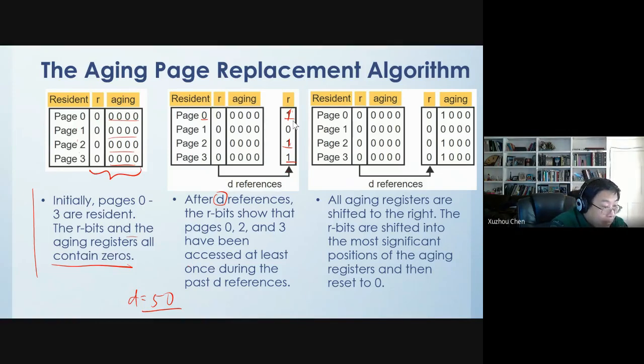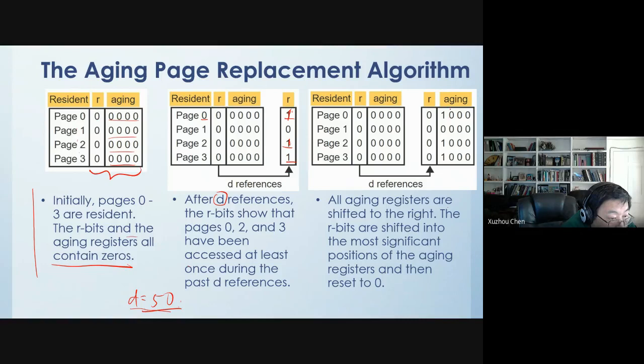Okay. So that's the current situation for the last 20 references. Now these 3 pages have been accessed or referenced. And then the next thing you're going to do is, after the 20 references, you're going to actually